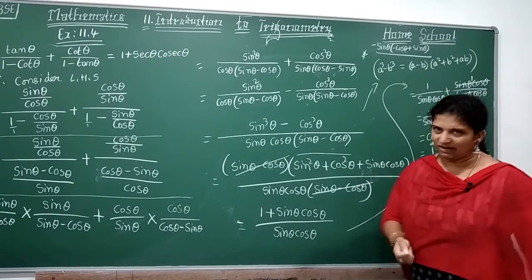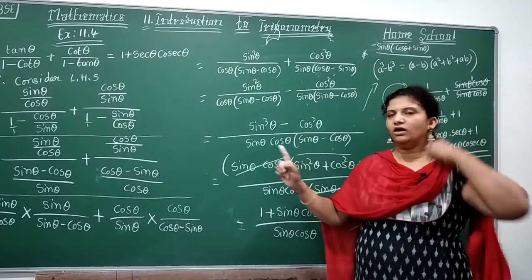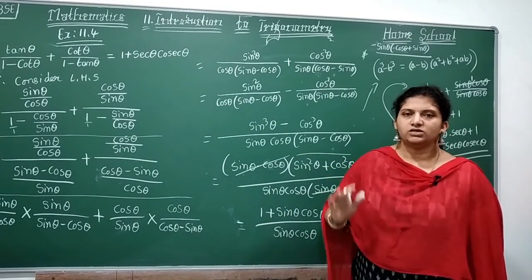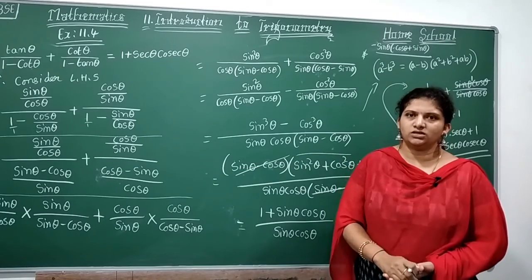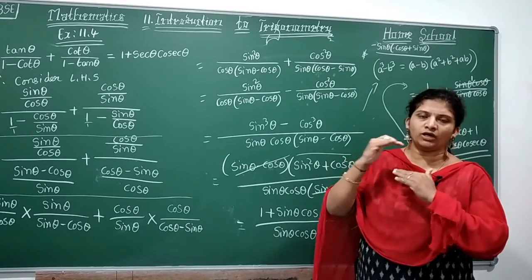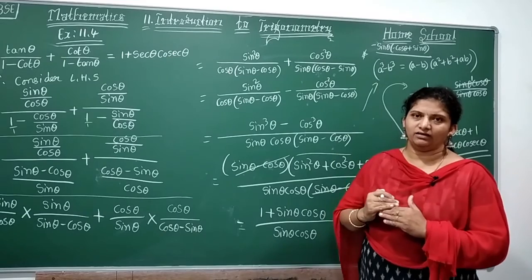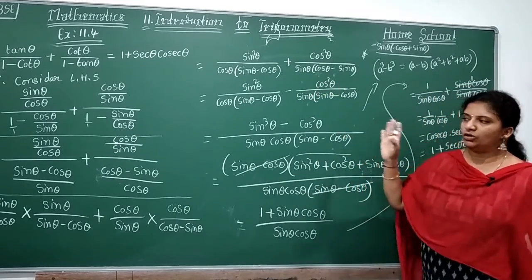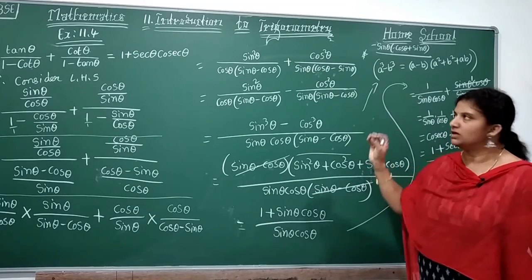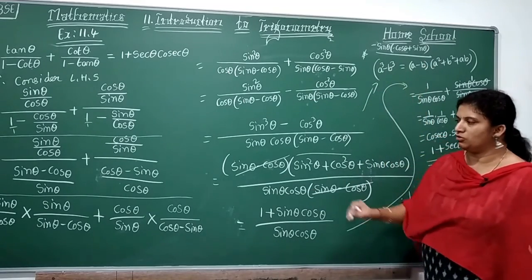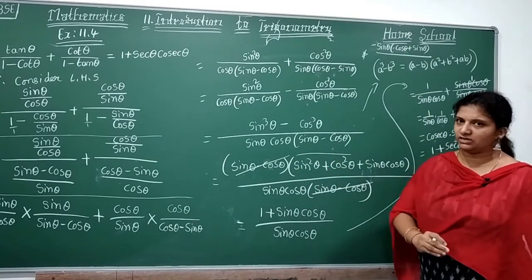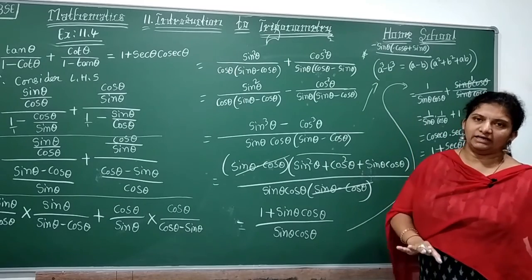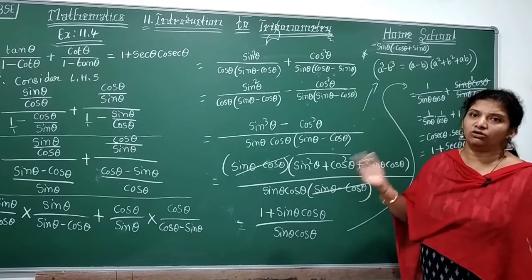Once again, have a look here carefully. Here we have to do the first column carefully. In your notes, maintain more gap for every line, then you won't be confused. Here we are going to apply some formulas. What are they? A cube minus b cube, or sin square theta plus cos square theta is equal to 1. Don't forget all these identities, where to apply and when to apply.